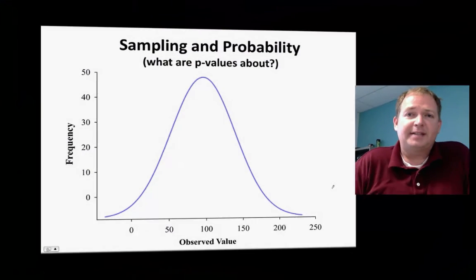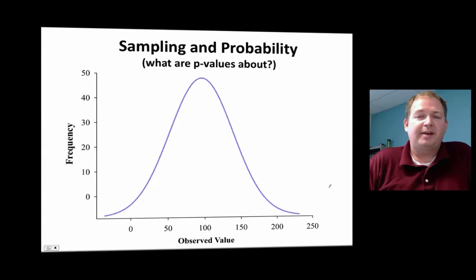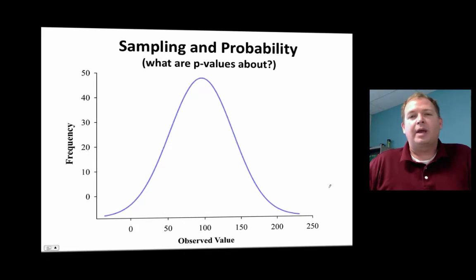And again, the idea of distributions, the idea of uncertainty or variation around a sample mean is going to be key when we start to compare populations. Okay, and that takes us into the idea of sampling and probability, and what is meant by a p-value. What are p-values all about? A p-value really is about the probability that an observation. Well, okay, let me describe it in the simplest terms, the way that we typically use it. A p-value is the probability that a sample